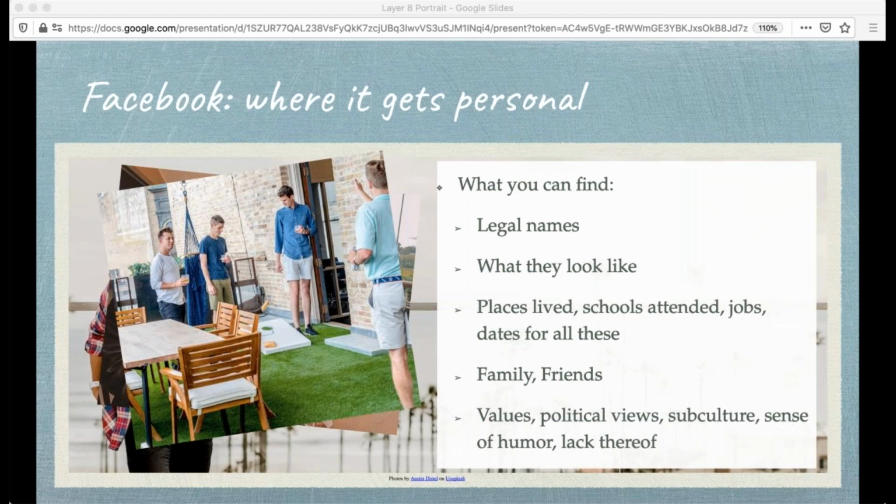This other stuff is pretty obvious: places they've lived. Some people put their schools and their jobs on there. Family and friends are an interesting little source of information. So let's say you're looking for someone who needs to exercise discretion because of their job. Oftentimes those folks don't really have Facebook pages, but that doesn't mean that their mom and dad don't, or that their spouse doesn't. And moms and dads can be very proud of their children, and they will often share information